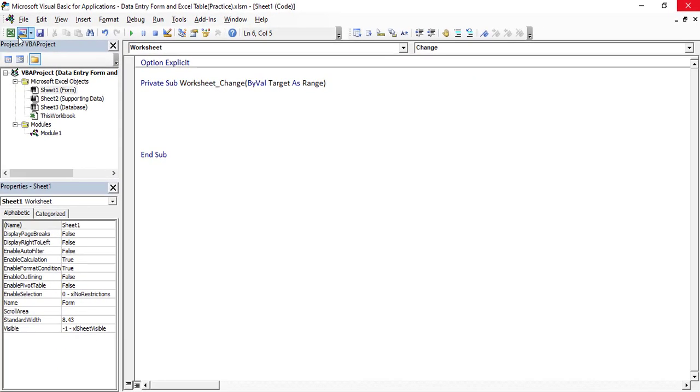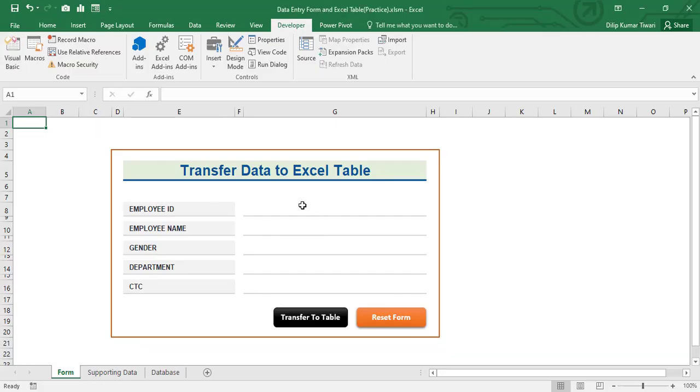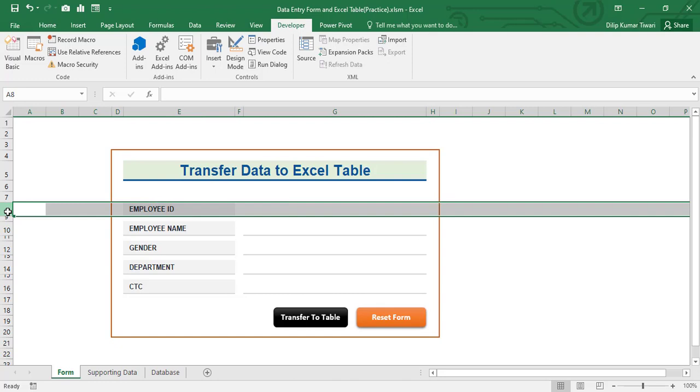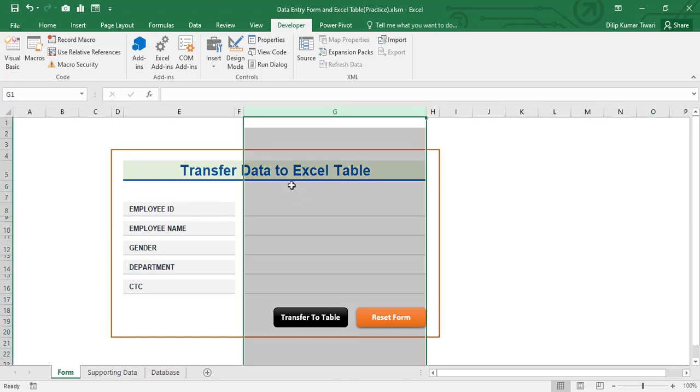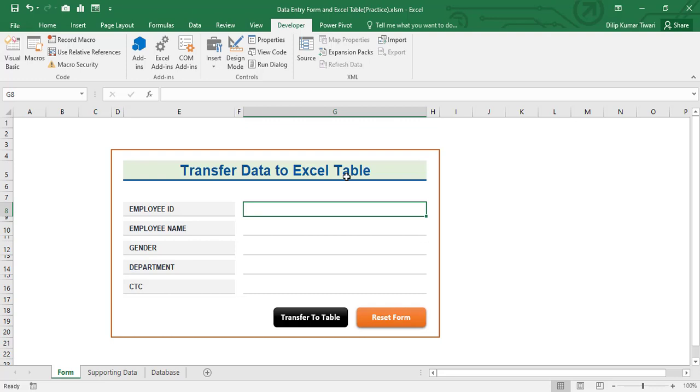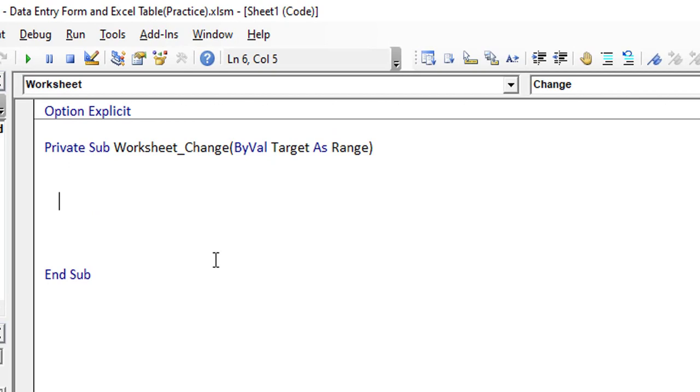So let's start writing the code. First of all let's move to the Excel file and find the row and column number for employee ID. This is the cell where the user will update the employee ID. So the row number is 8 and the column number is 7. Okay, so we will apply the same row and column number while doing the coding. So let's click on Visual Basic and start writing. If Target.Row is equal to 8 and Target.Column is equal to 7, then